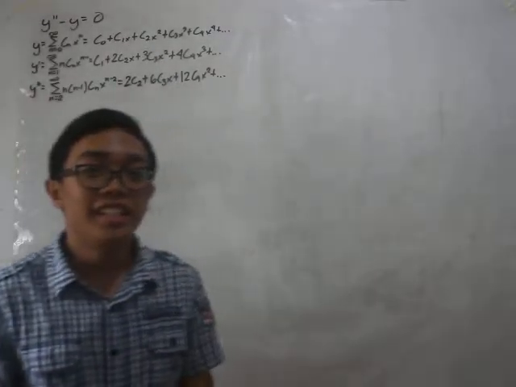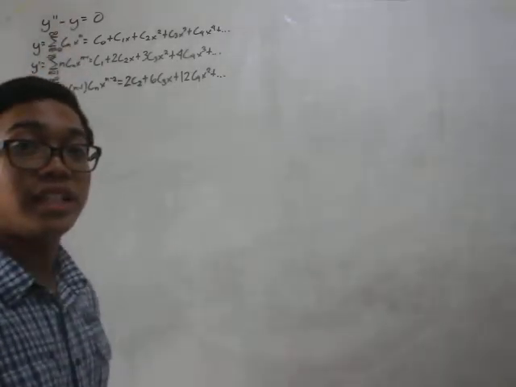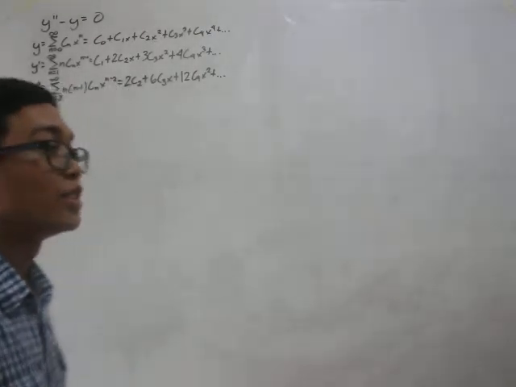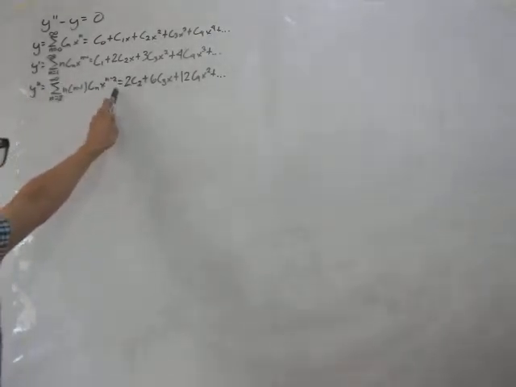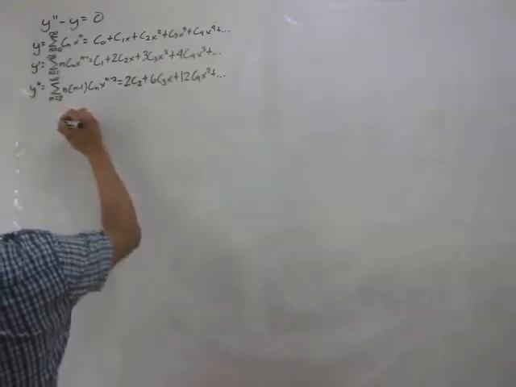For our next DE equation, what if it is now negative? So our DE is y double prime minus y is equal to 0. I already plotted the y prime and y double prime so that we can immediately substitute them. Then let's substitute. So our y double prime is